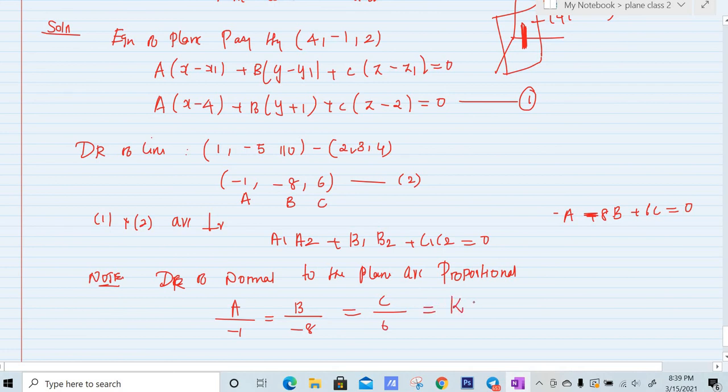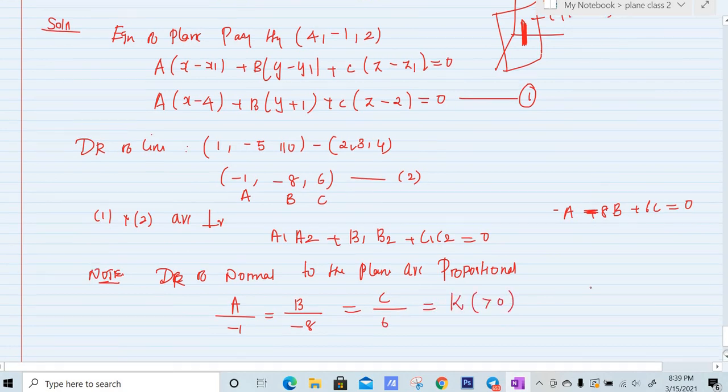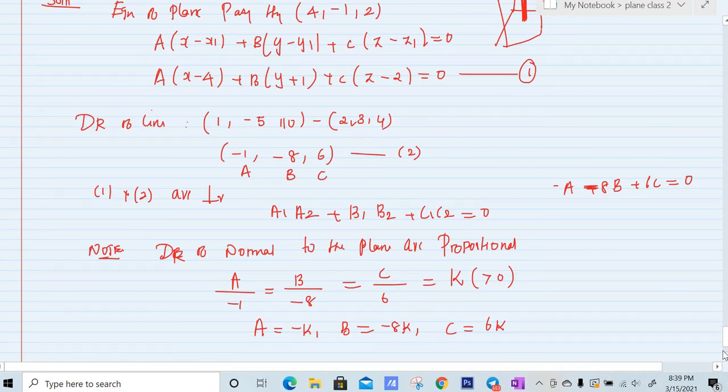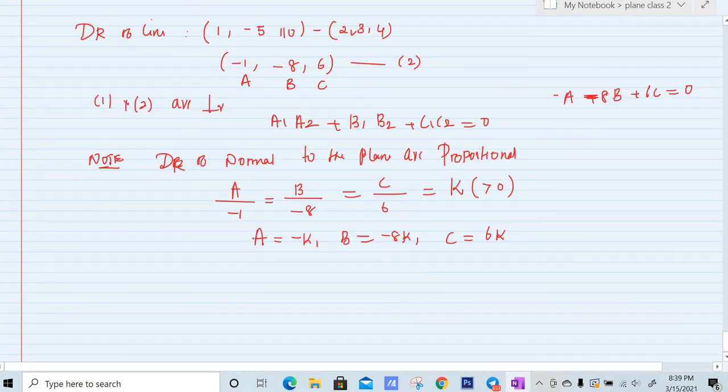Let us say this is equal to some k, and this k is greater than 0, right? Now we can find a, b, c in terms of k. That means a is equal to minus k, b is equal to minus 8k, c is equal to 6k. Now substitute these a, b, c in equation number 1. So what is equation number 1? a into (x minus 4) plus b into (y plus 1) plus c into (z minus 2) is equal to